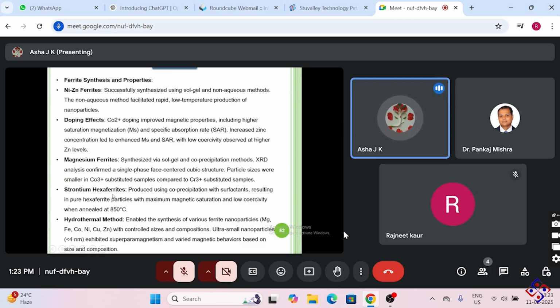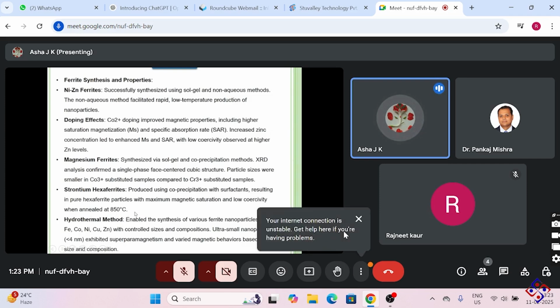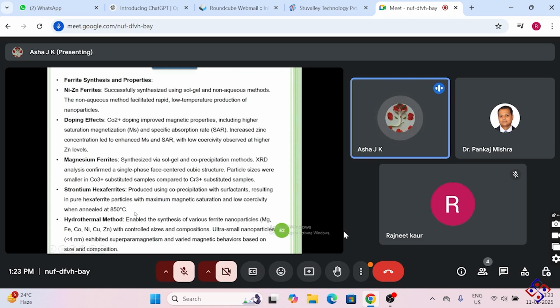Next is strontium hexaferrites produced using precipitation with surfactants, resulting in pure hexaferrite particles with a minimum magnetic saturation and a low corrosivity when annealed at 850 degrees Celsius. Next thing is the hydrothermal method, which enables the synthesis of various ferrite nanoparticles with controlled sizes and compositions. Ultra small nanoparticles less than 4 nanometers exhibited superparamagnetism and varied magnetic behaviors based on size